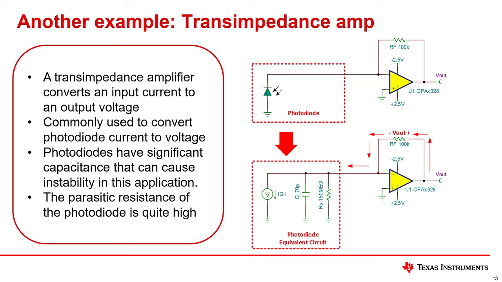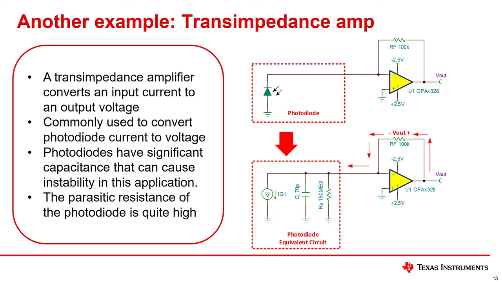The schematic above shows a simplified equivalent model of a photodiode. The model contains a current source, junction capacitance, and leakage resistance. The current source represents the conversion of light into current by the photodiode. The junction capacitance and leakage resistance are parasitics that relate to the design of the photodiode. Notice that this example has a 70 picofarad capacitance and 150 megaohm leakage resistance. Although the photodiode capacitance will vary for different models of photodiode, 70 picofarads is a fairly typical value.